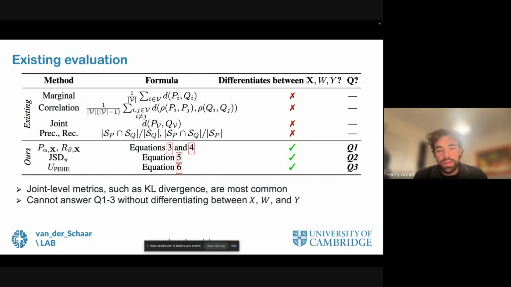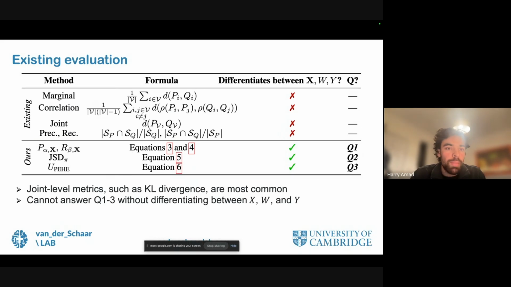Since synthetic data is quite a mature field, there are already many evaluation metrics which could be used and could potentially allow us to answer these three questions. However, because of the reasons I said before, that the field is really focused on downstream prediction and supervised learning tasks, there are not really guidelines in the literature for how to best assess the three distributions in particular that we care about. So we can see in this table what a lot of typical evaluation metrics are, and the class of evaluation that they fall into.